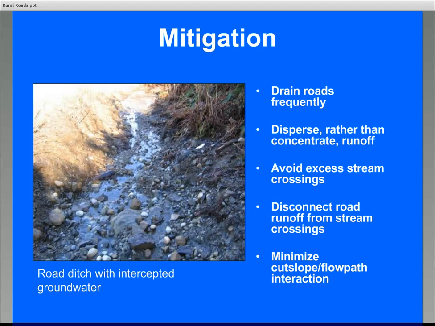So knowing what we know about the hydrologic impacts and the hydrogeomorphic impacts of roads, how do we mitigate the water quality impacts from rural roads? Well, if you remember, we want to drain roads frequently. We want to decrease that slope length between water breaks. So if we drain roads frequently, we're not going to have as much water dumping over the sides, able to connect to channels. And we also want to disperse rather than concentrate runoff, because if you remember, dispersing results in lower erosive power than the concentration of runoff. And we also want to avoid excess stream crossings, because